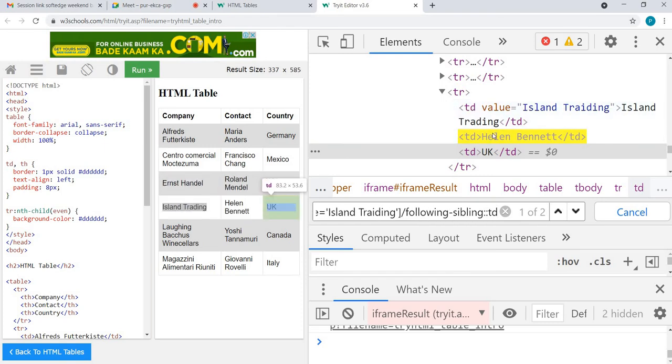It highlighted the exactly next following sibling. So both these two are following siblings of this TD with the name TD, isn't it? But where I want to go, I don't want the first following sibling, I want the second following sibling, isn't it? Which shows me the